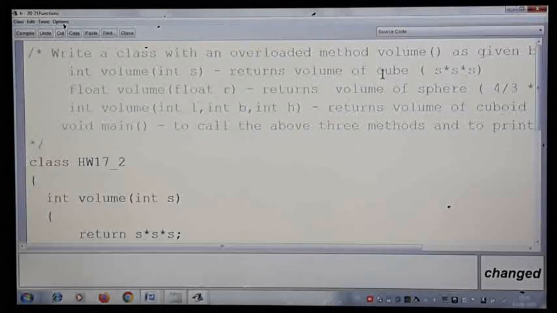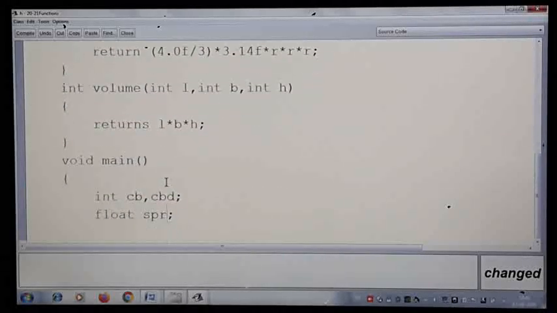I have given CB for volume of cube, SPR for volume of sphere, CBD for volume of cuboid. That is a relevant name I have taken for collecting the variables. So let me take SPR first, because the volume of sphere will be taken first. As I said, calling a method can be in any order.